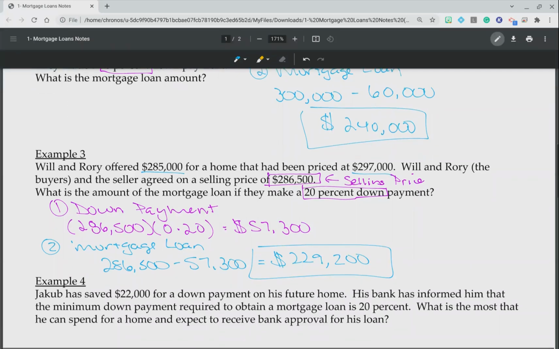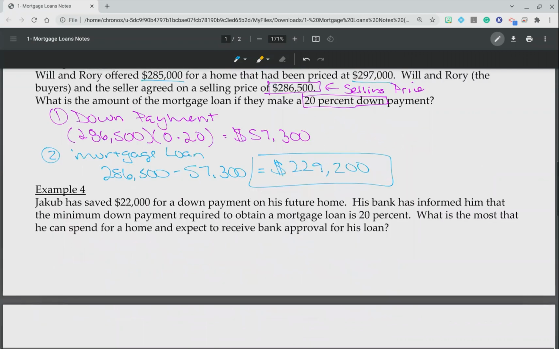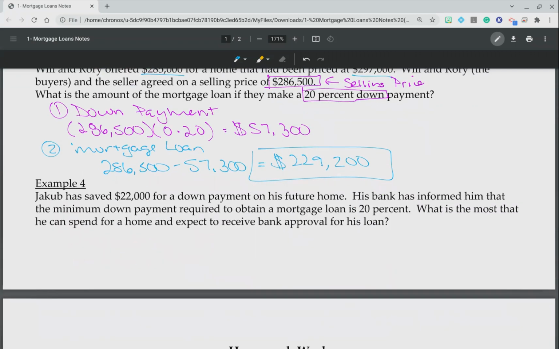Okay. All right, this one's a little bit different, a little bit tricky. It says Jacob has saved $22,000 for a down payment. Okay, so in other words, we know that Jacob is going to put down $22,000 on a home. His bank told him that the minimum down payment required to obtain a mortgage is 20%. So the question we're being asked is how much can Jacob get a loan for on a house if he can only put